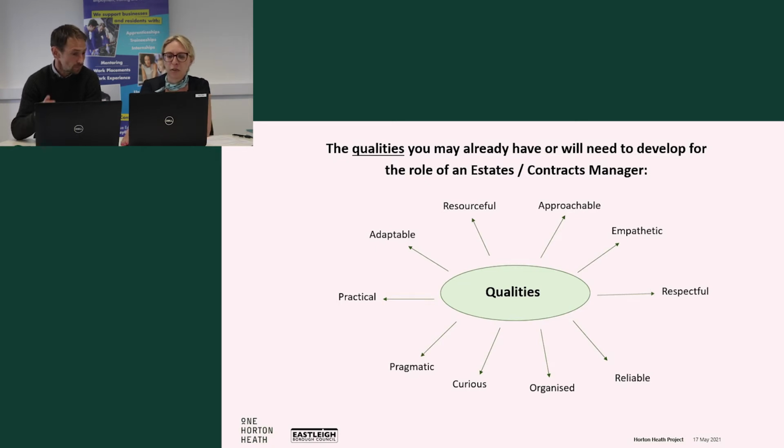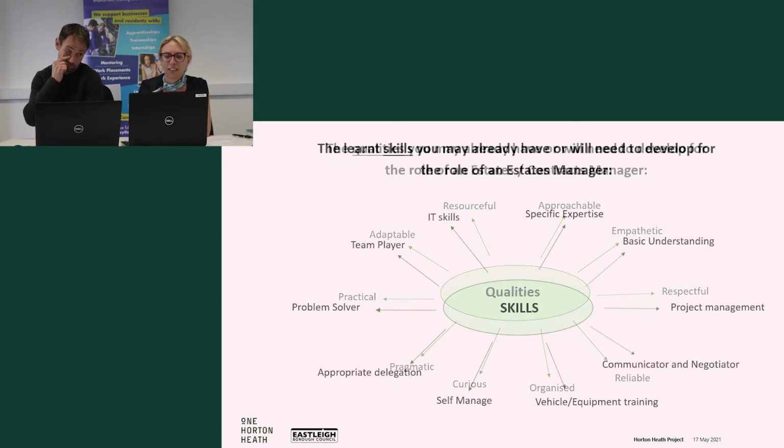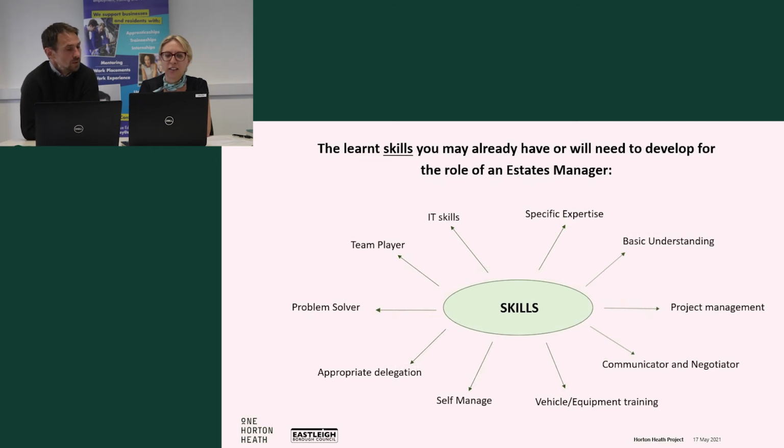Right, so shall we move on to skills? Certainly. Okay, so these are the learnt skills that either you already have or you will need to develop within the role of an estates manager. Now you've kind of grouped some of these, so do you want to touch on the basic understanding of things? Yeah, probably the basic understanding and the